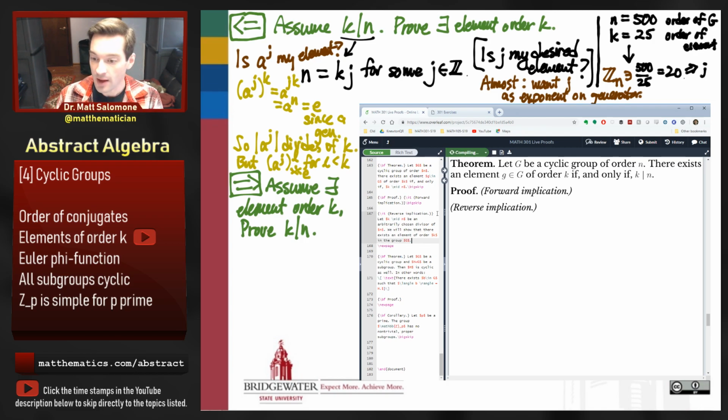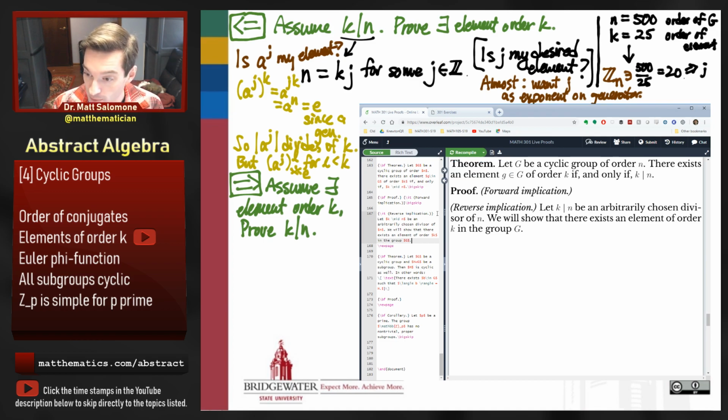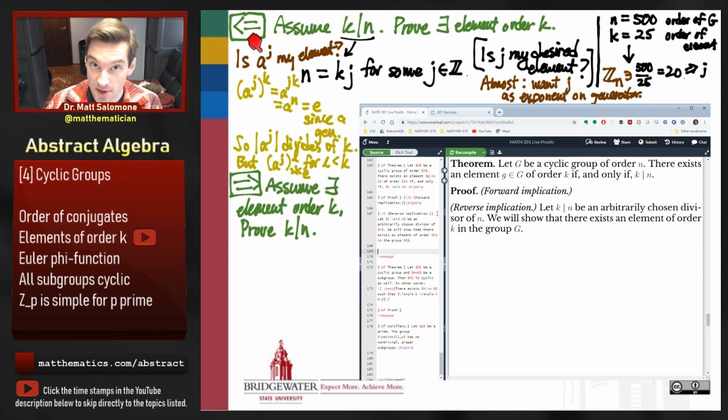All right, so again, I've introduced k so that there's no surprise when it comes along, and I've stated my burden of proof. We're going to show that there exists an element of order k, and therefore we'll show by direct proof that the reverse implication is true. All right, so how did we do it? We constructed, right up here, my element, a to the power j. And so we'll use the word let again. Let g equal a to the power k. Sorry, a to the power j.